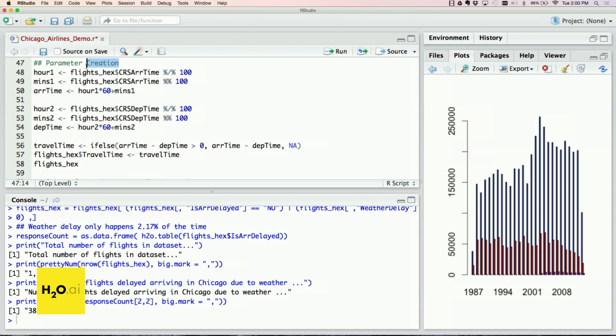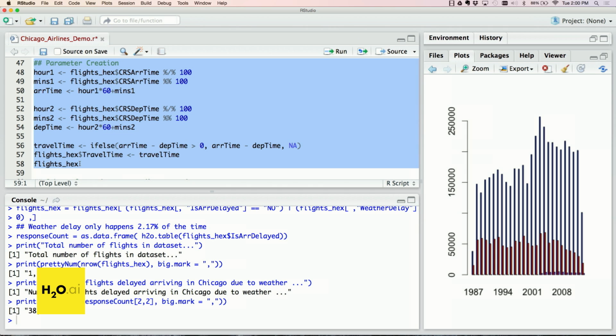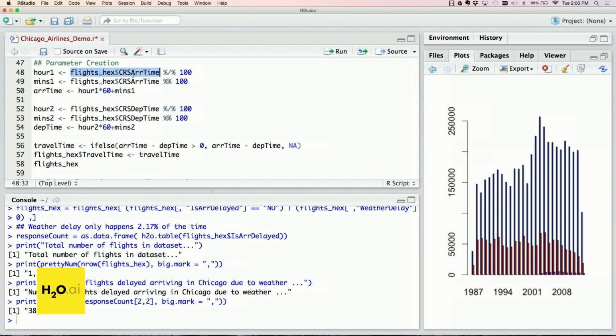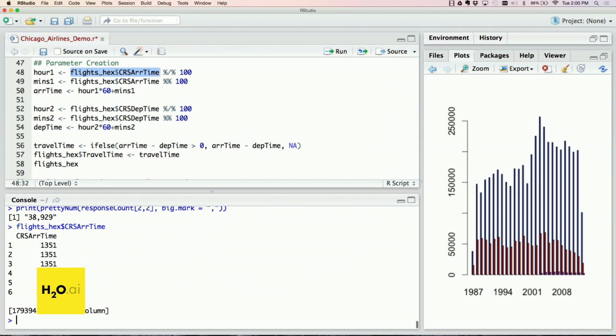In this line of code, the parameter creation here, I took the arrival time, which is given to me in military time. It's given to me as 1351, so it's really 1:51 p.m. So I want to calculate this in terms of the minutes elapsed since midnight instead of this time that I can't really use. So what I do is I do integer